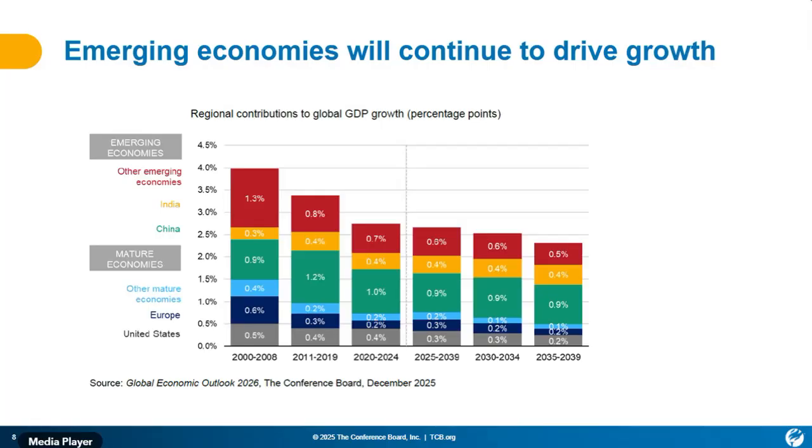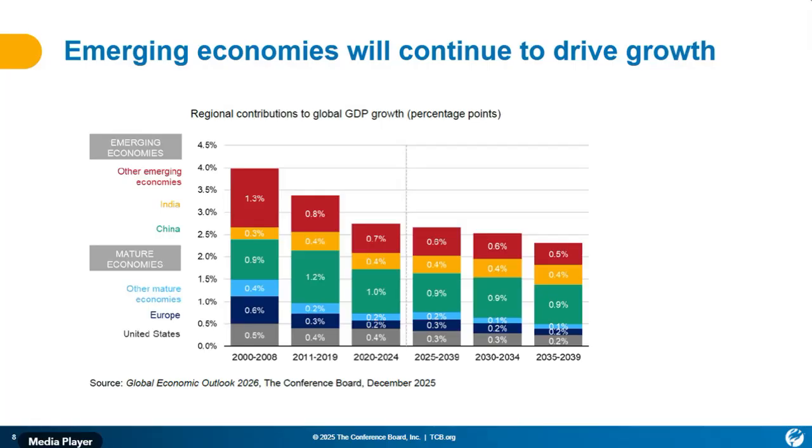So China, for instance, we are projecting, and David Hoffman will talk about this, that China's growth rate is going to moderate over time, over the next decade or two. But given its size, it'll still be contributing quite a bit to overall global GDP growth. India is another one that we're projecting to show fairly sizable growth rates over the forecasted period. Not quite as big as what they had been previously, but it will continue to be a large driver to overall GDP as well. Europe, the US, and some of the other mature economies, increasingly smaller contributions.